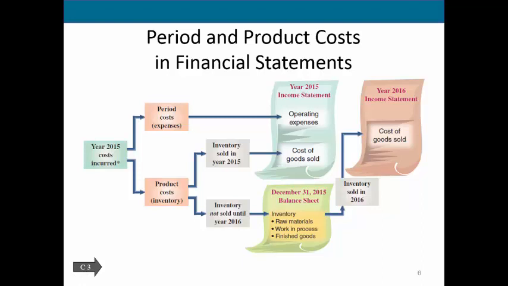So you can see here, our product costs are inventory. If you'll remember, product costs are our direct materials, our direct labor, and our manufacturing overhead. When these costs are incurred, we do not simply expense them. Instead, they increase the value of our inventory, because the value of someone's labor of putting tires onto a bike increases the value of our bike inventory.